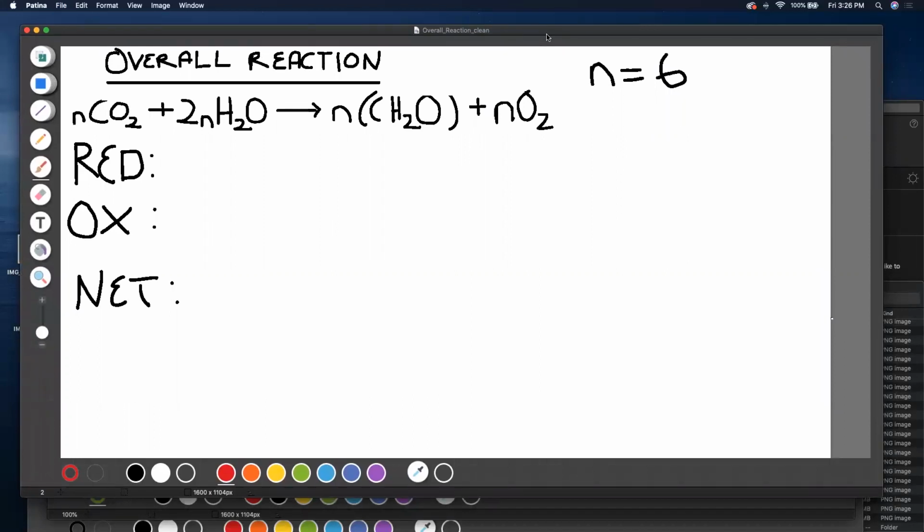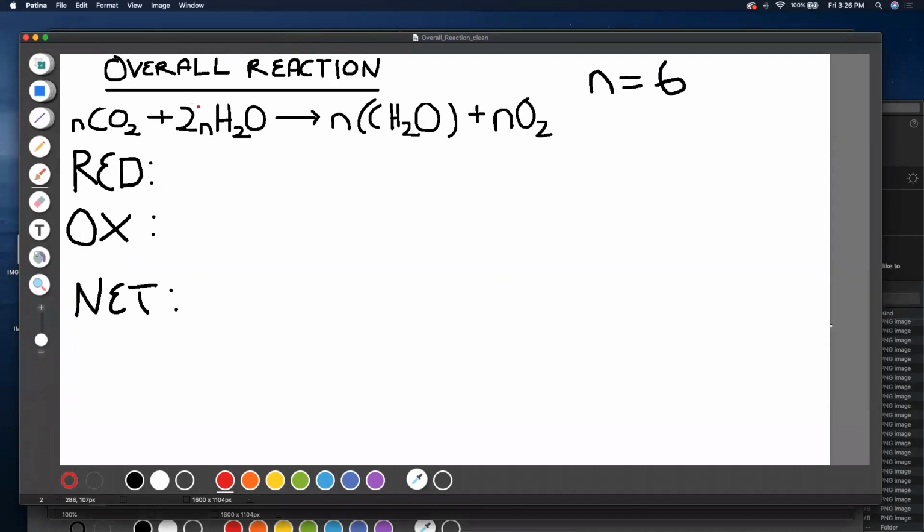So the way I go at these problems is to first look at the oxidation states of the atoms in the equation given to you. So in this one, if we look at CO2, the oxidation state of